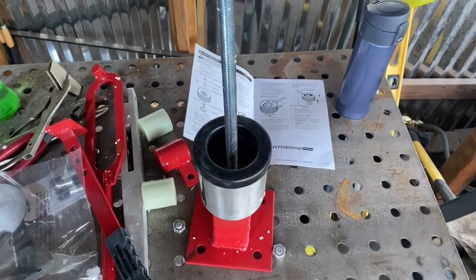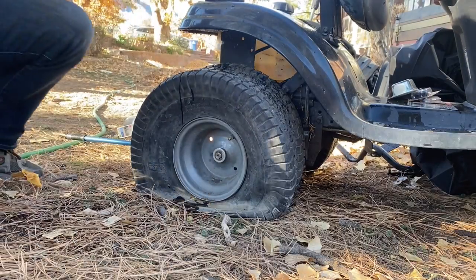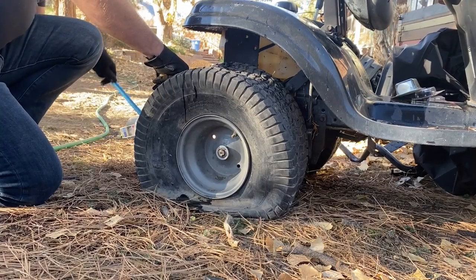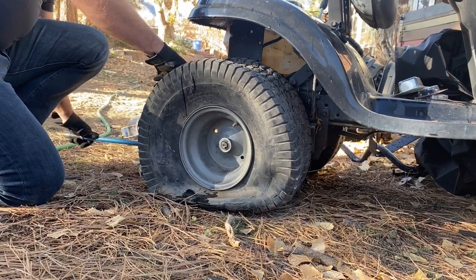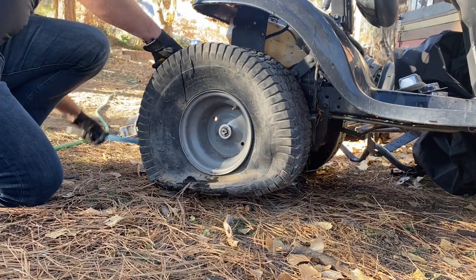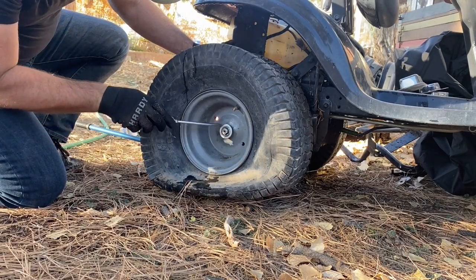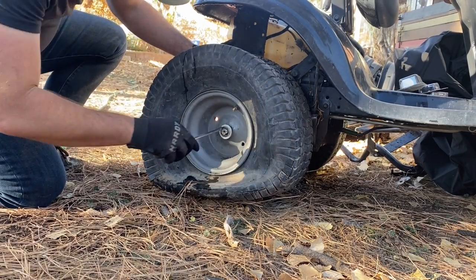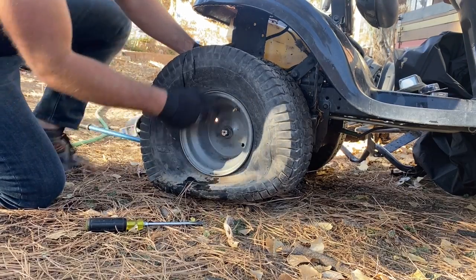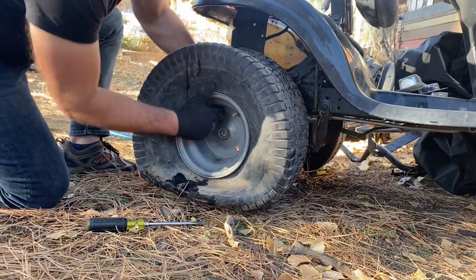And just be careful. First, on this Husqvarna, I'll pull off this little cap, jack it up. You gotta get the wheel off, okay? Can't change the tire without the wheel. Good thing is the bead is mostly broken. Maybe. So you just pull this little clip, that comes off, 2 washers, and in theory, your tire